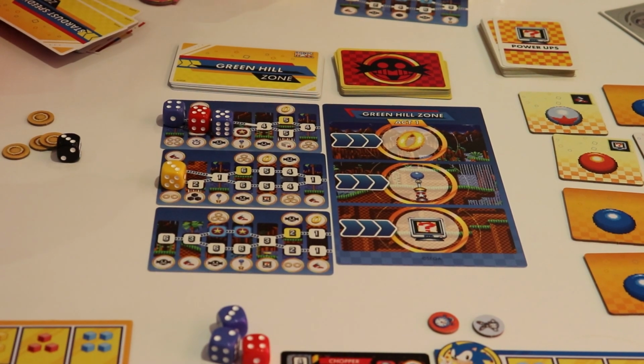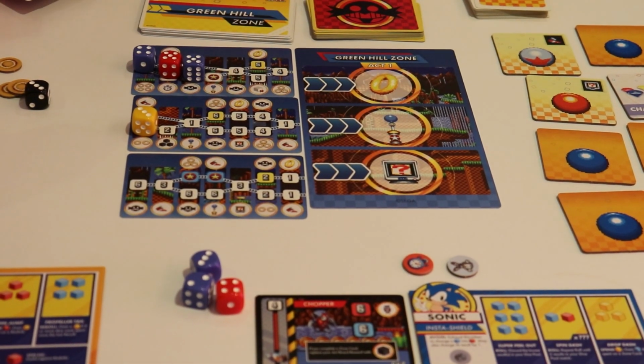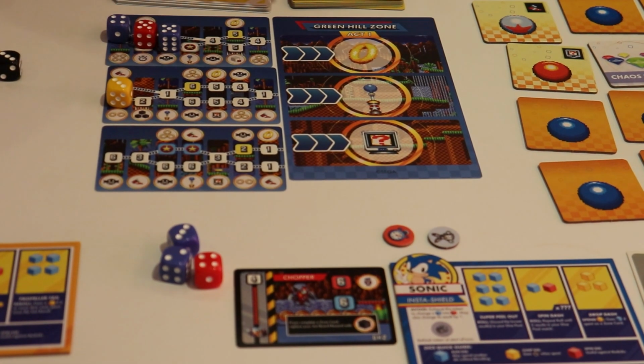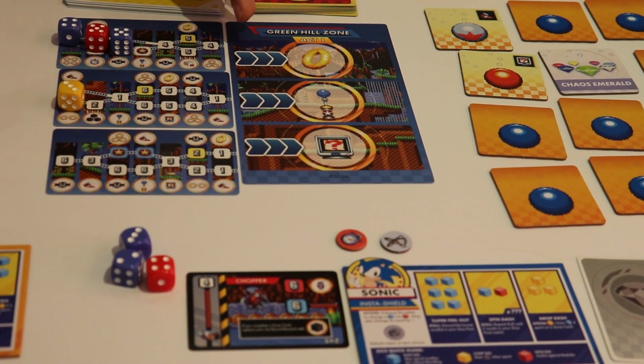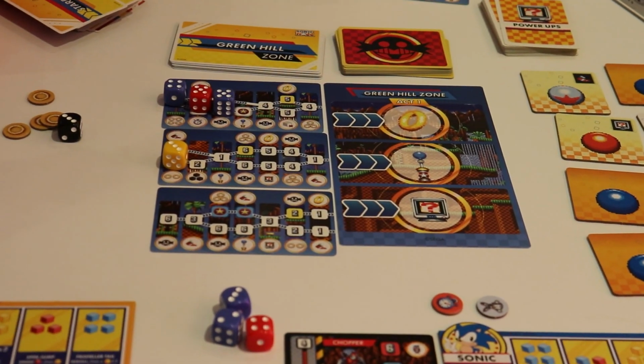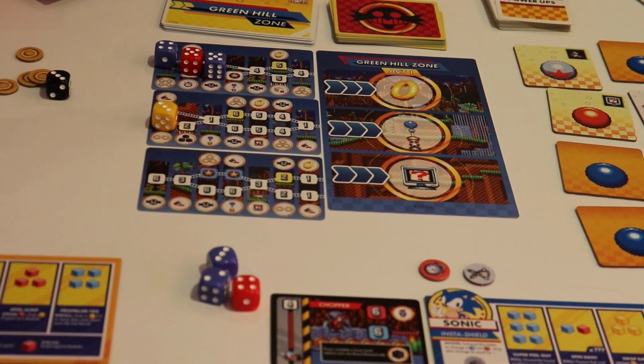Once you find the Chaos Emerald, you just shuffle these back up, and you do it again to try to find the next one. And if you do manage to complete all 4 stages, as I mentioned, there's Green Hill, there's Stardust Speedway, Lava Reef, and then Chemical Plant. If you manage to complete all of them and find all 7 Chaos Emeralds, in the rulebook,